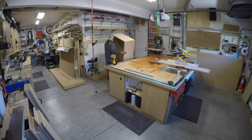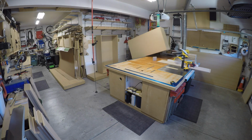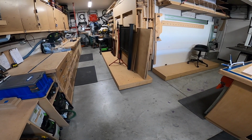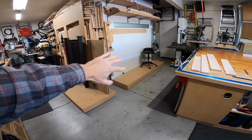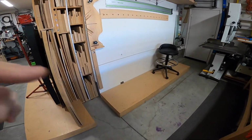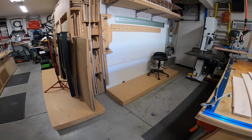So I can continue one way or the other. And this is 10 foot long and that's 8 foot long. These guys are torsion boxes and they are really awesome. They actually swing up out of the way. If you want to put them on the wall like I have them, I actually can swing them and hook them. You can see where I can hook the guy right here on both sides, and that will allow to